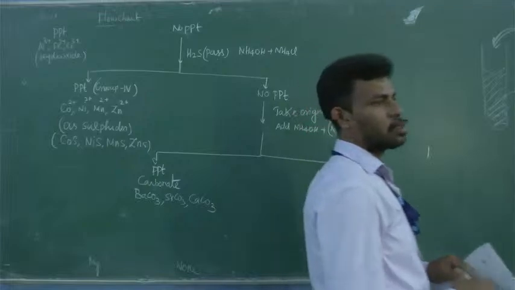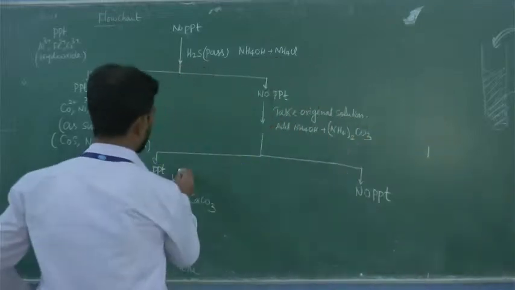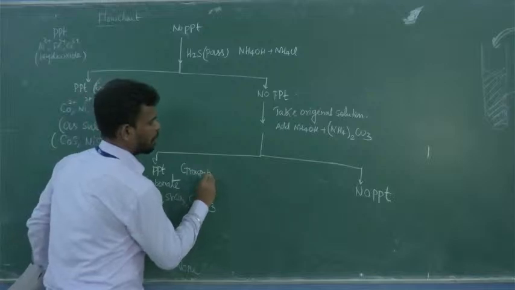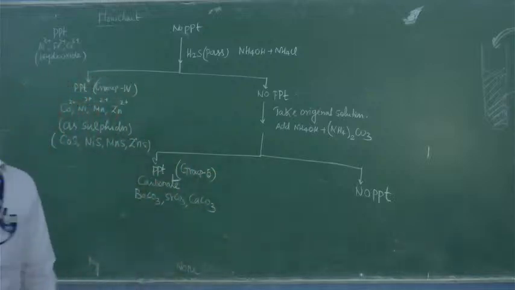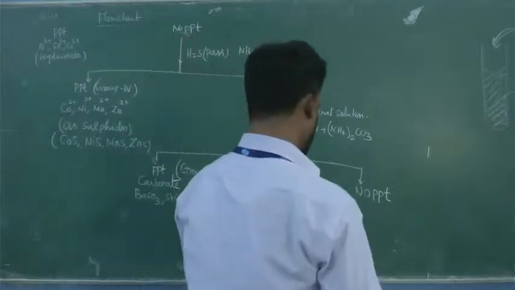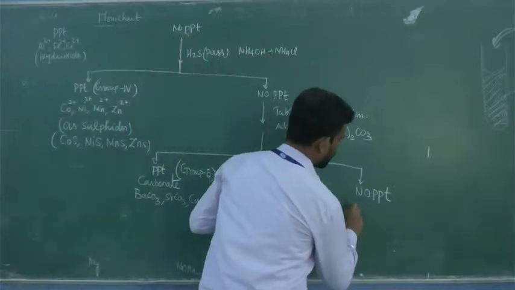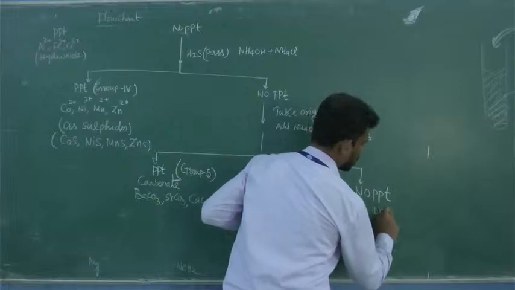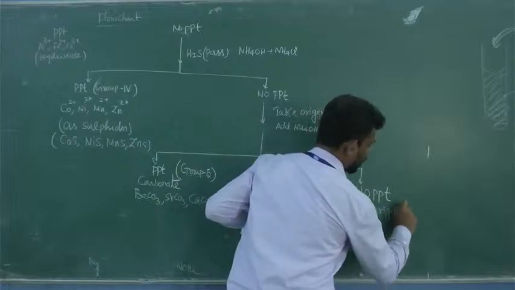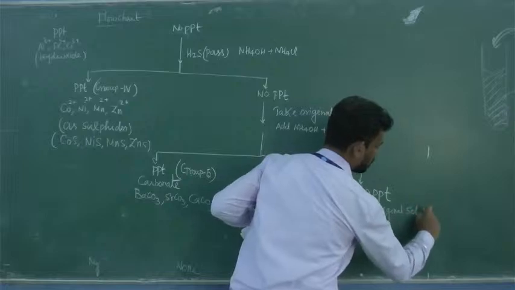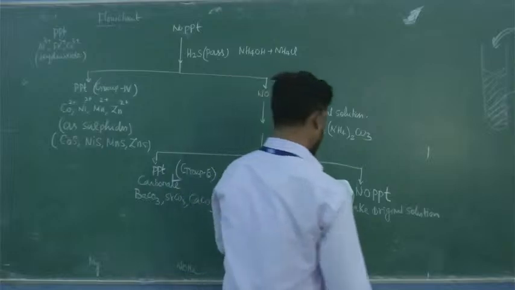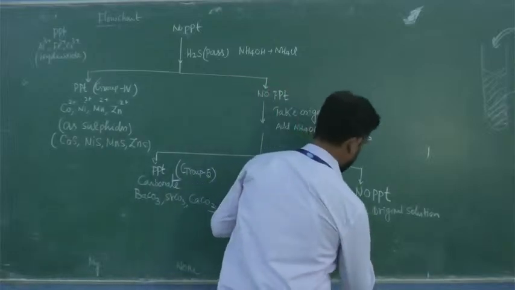No precipitate. Now let us confirm which group this is. This is going to be group 5. Is it clear? Next, if there is no precipitate, take the original solution. Take original solution. No precipitate, take original solution, and you can go to test